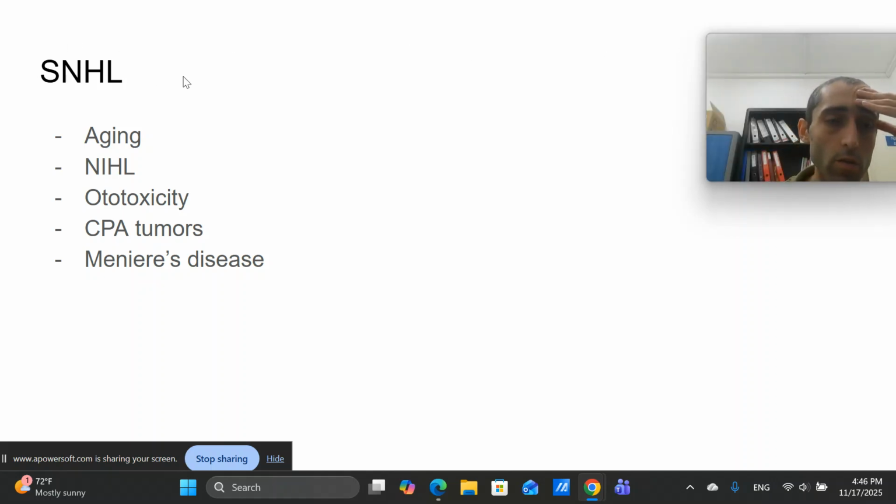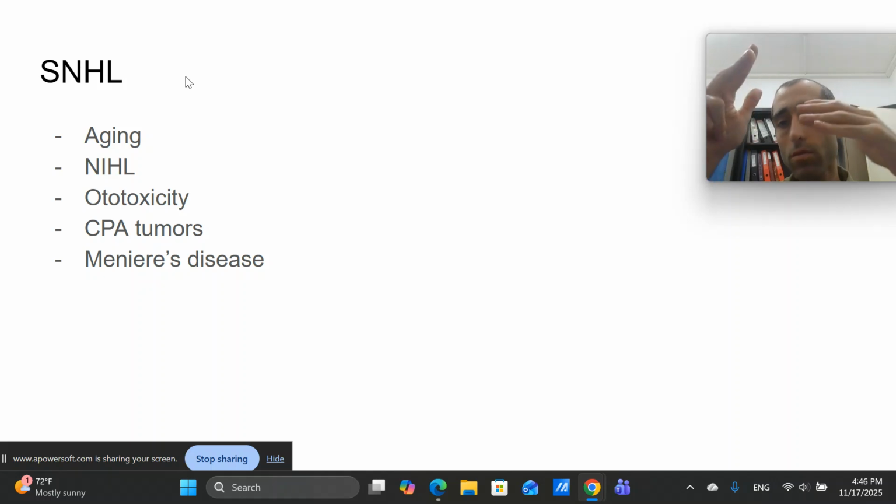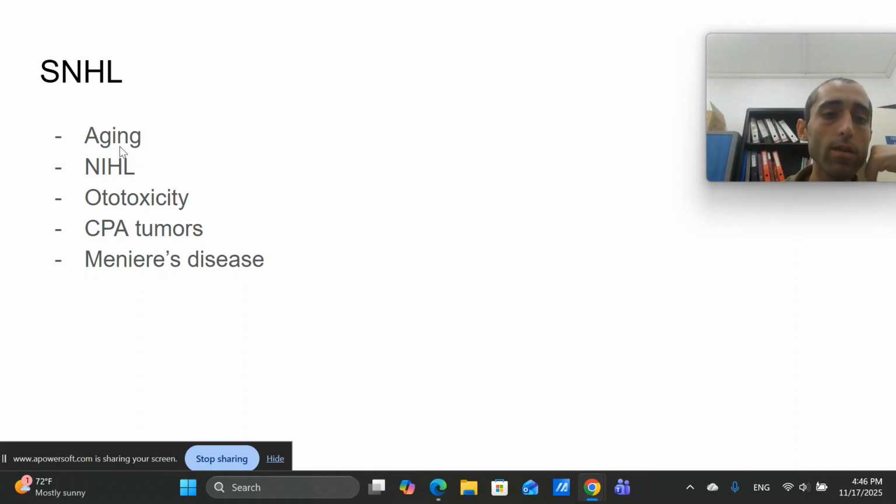Now, what can cause sensory neural hearing loss? Everything that will cause damage to the cochlea, to the nerve, or to the brain that relates to hearing, because the name suggests sensory, which means the cochlea, and neural, which means the vestibulocochlear nerve, the eighth cranial nerve, or the brain that relates to hearing. Sensory neural hearing loss is damage to the sensory part, the cochlea, or the neural part, the nerve. What can cause it? Aging, noise-induced hearing loss, as we saw, ototoxicity, like drugs such as aminoglycosides,